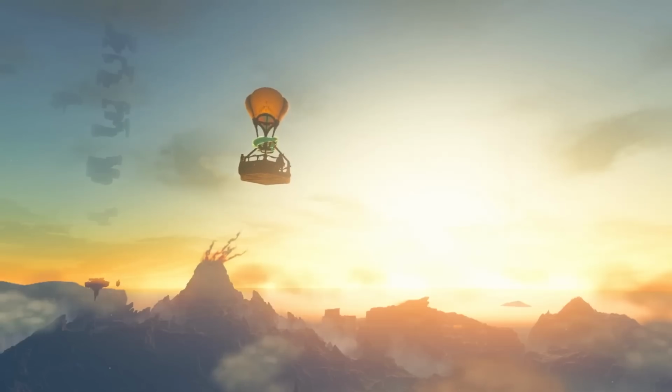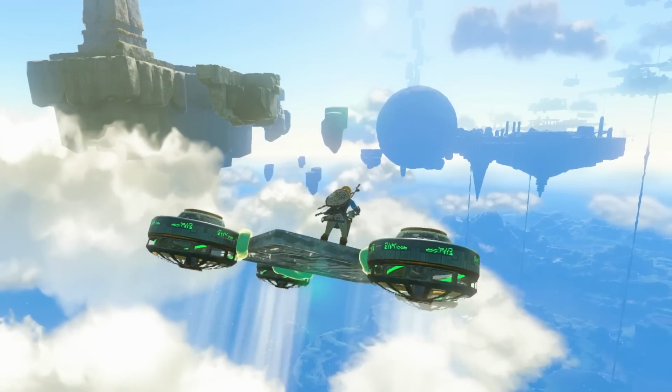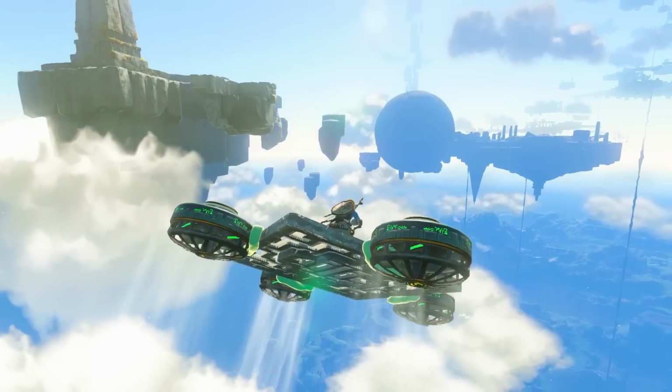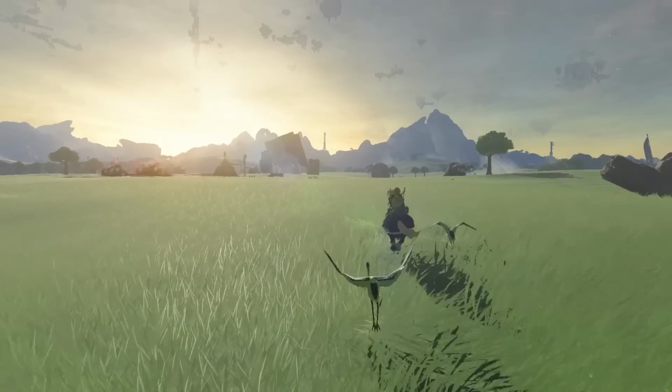Another of these craftable vehicles looks to be a hot air balloon, which is held together by the green substance. And yet another vehicle appears to be a fan-propelled platform which Link can also drive around, presumably from Hyrule up to Skyrule. The next shot shows Link